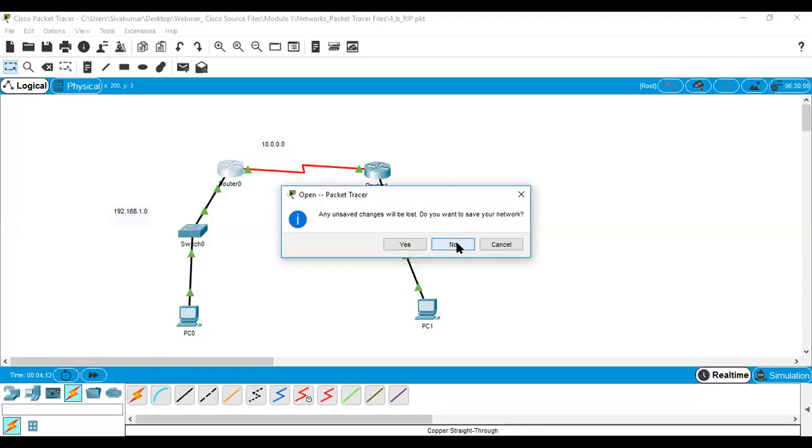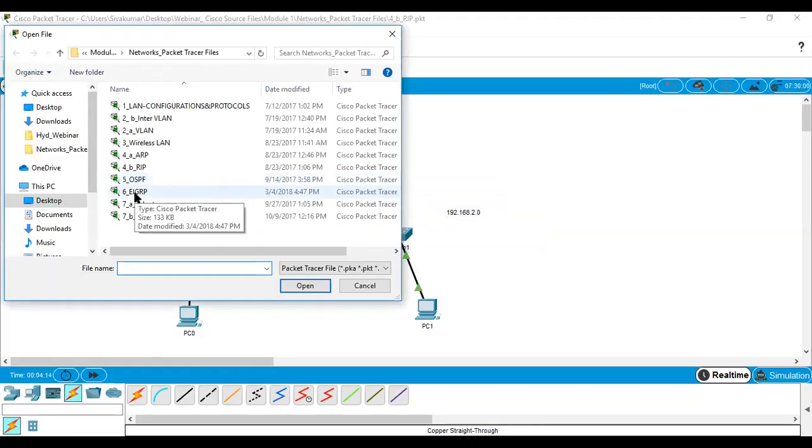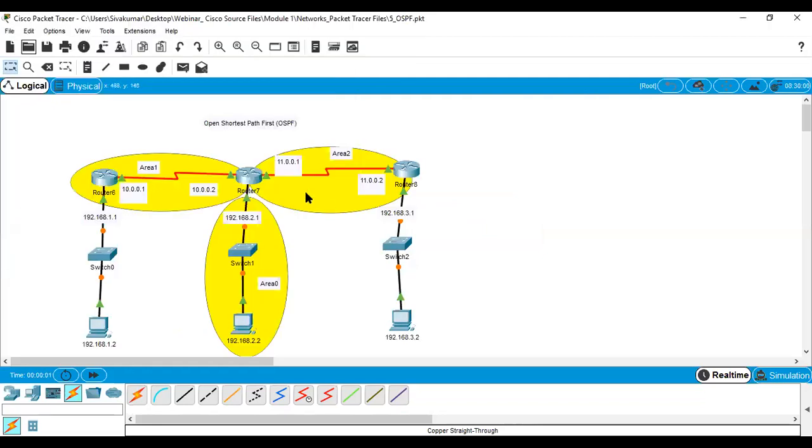Then next one is the OSPF protocol, open shortest path first protocol. In this protocol, there are three networks. The first network contains IP address 192.168.1.2 and switches.